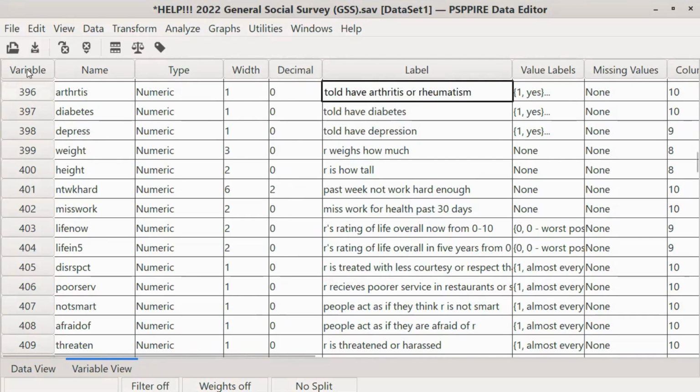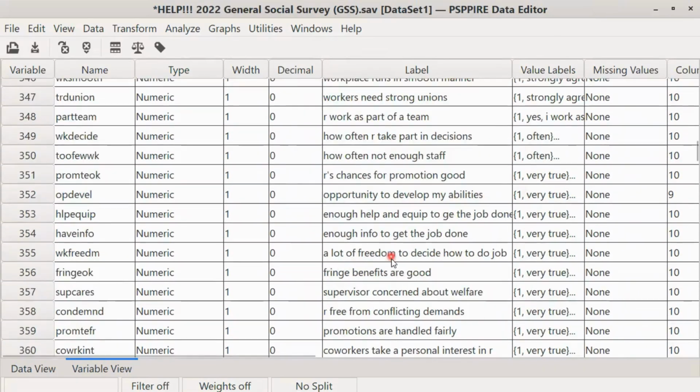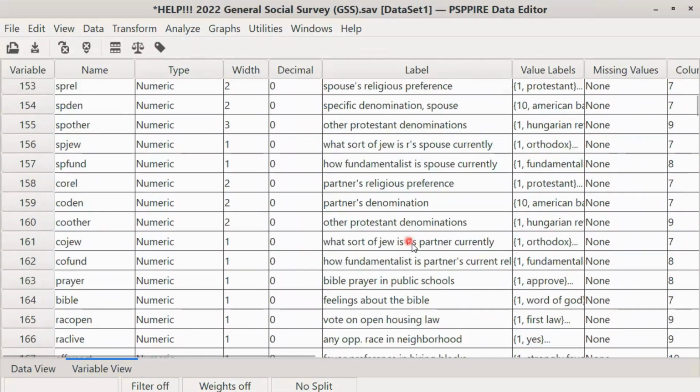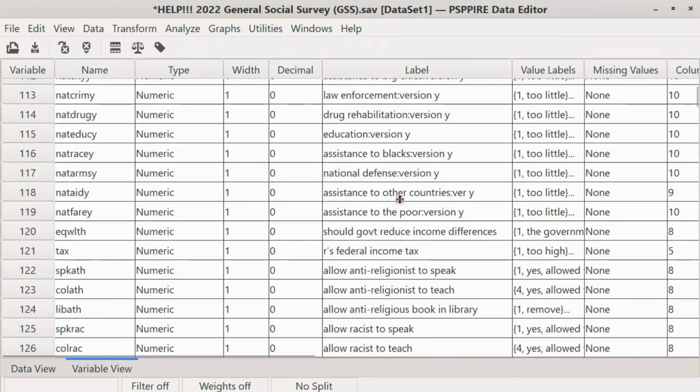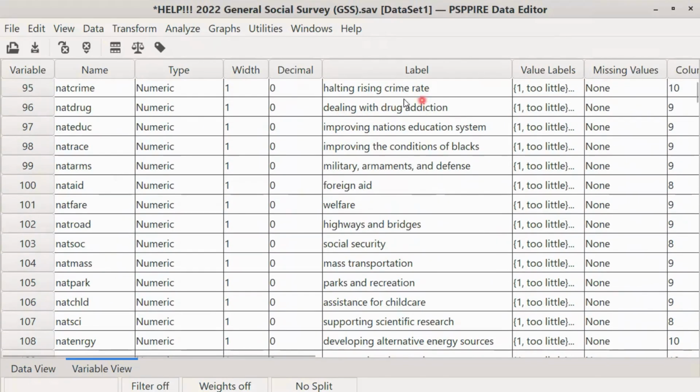Now, variable label, this is where we can have a little bit more information on what the variable is measuring. But even here, we got to be really careful because of the example in the book about the variable nat drug, let's see if I can find it quick. We're getting there. Nat drug, dealing with drug addiction. This variable is not measuring whether the respondent is dealing with a drug addiction, even though that may be the assumption that we make. So it's always important to go to the code book,